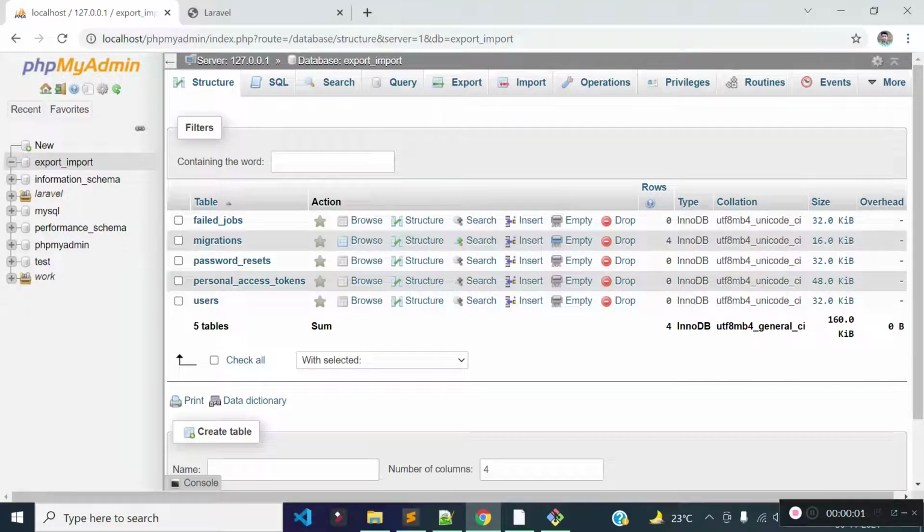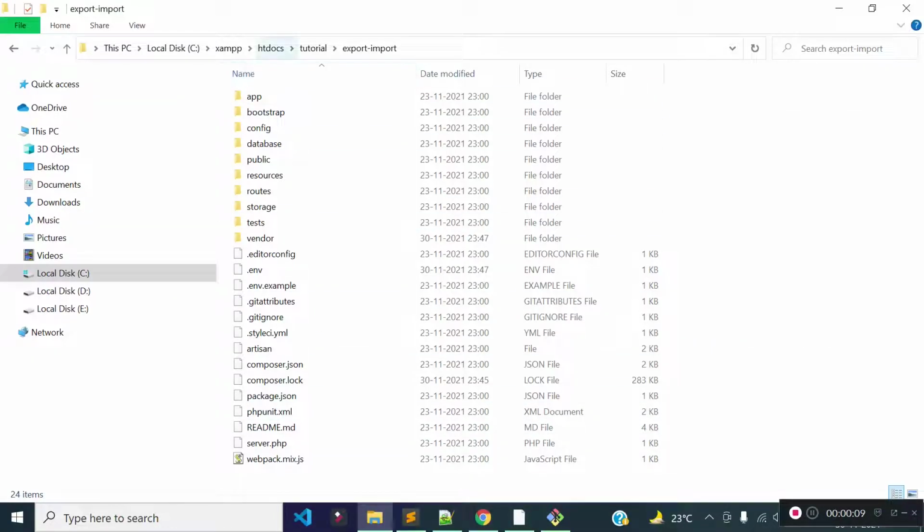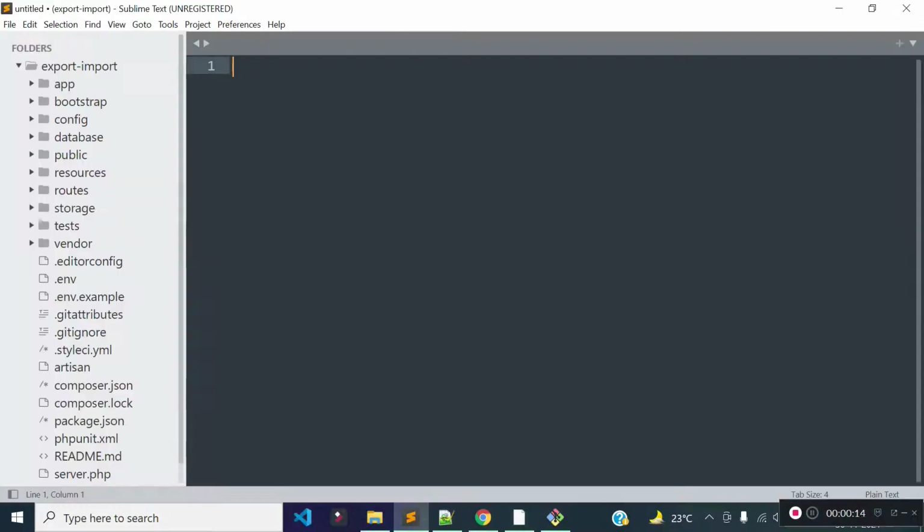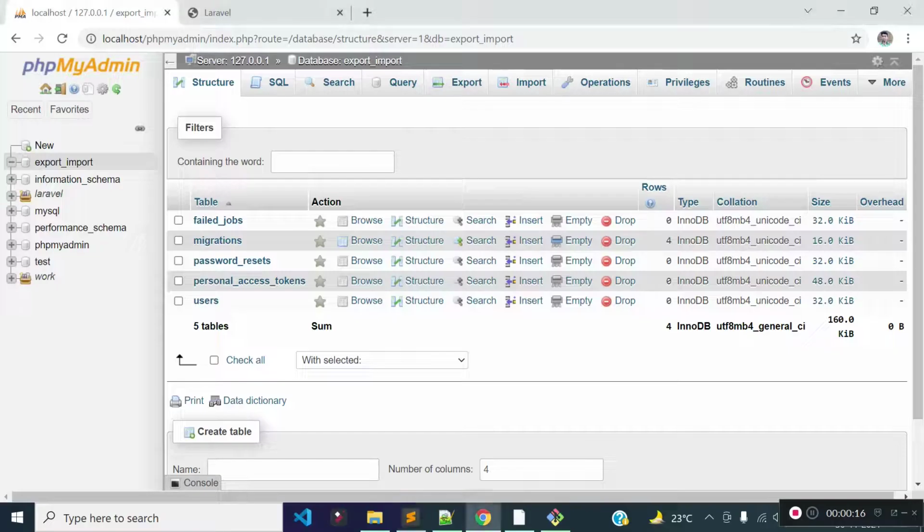In this lecture, I am going to tell you how we can import data from Excel file to our MySQL database tables in Laravel. I already installed a fresh Laravel project inside my XAMPP Studios tutorial folder, and I opened that project folder in the code editor. I am using Sublime Text, and I created a new database for the project, export_import,